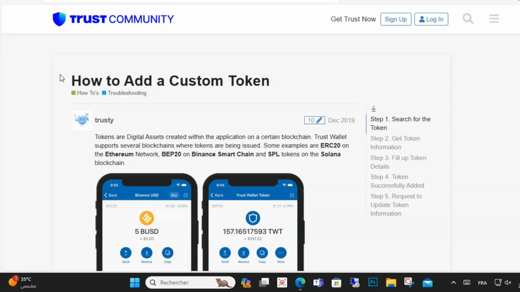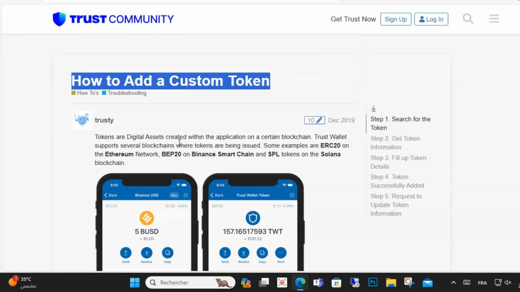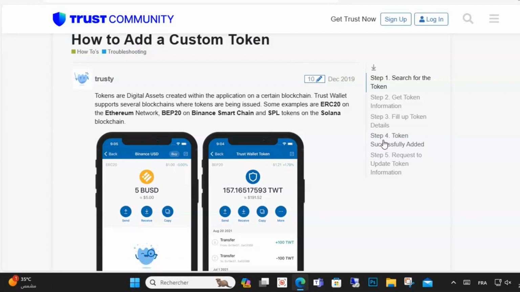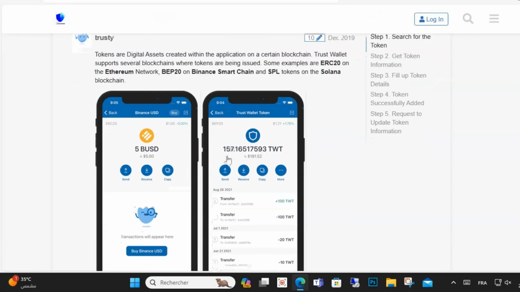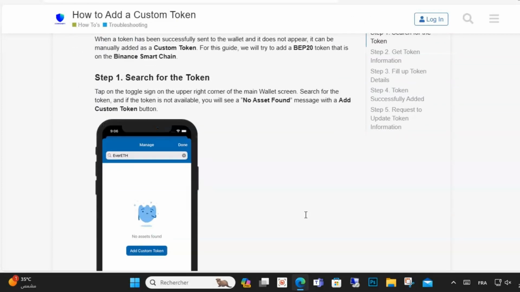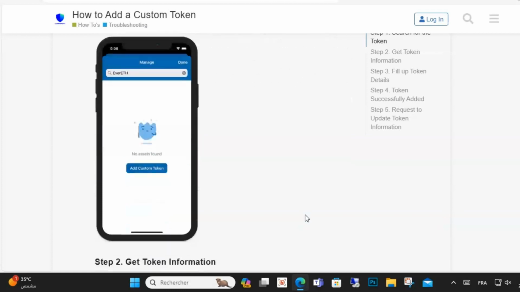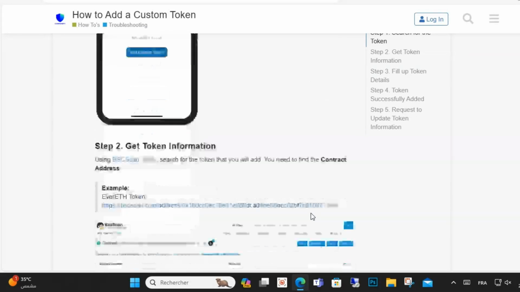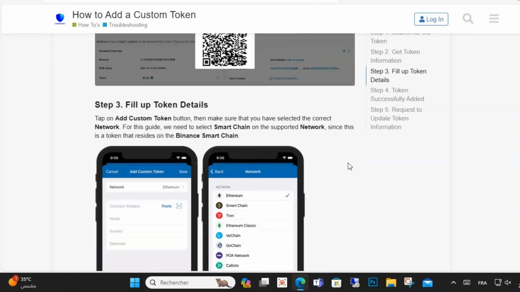Hello everyone, in this video we'll see how to add a custom token on Coinbase Wallet. Tap the sign up in your corner on the wallet screen, search for the token, and if the token is not available you'll see a "no asset found" message with an add custom token button, and using BscScan